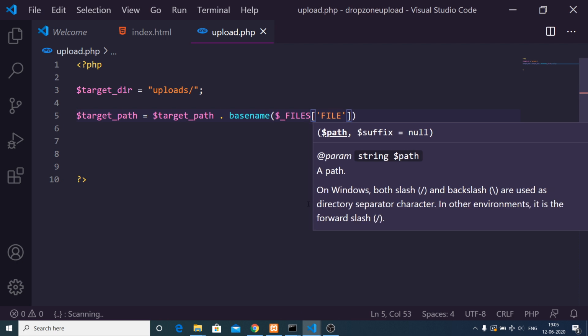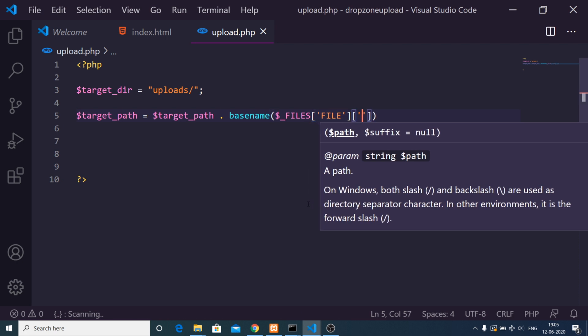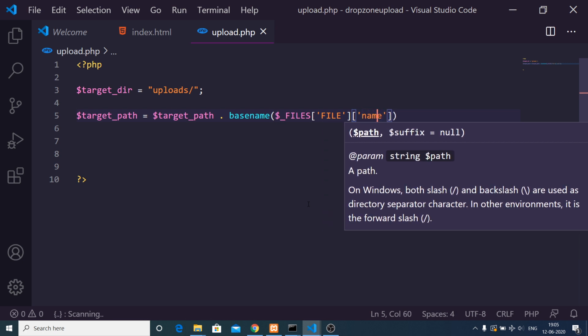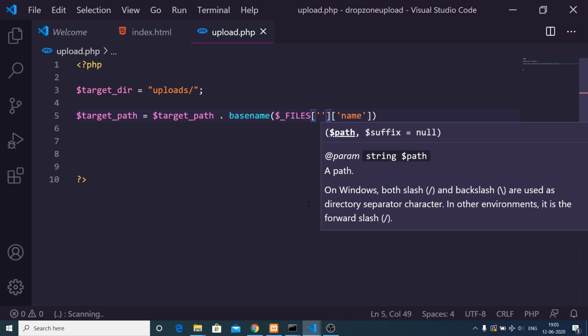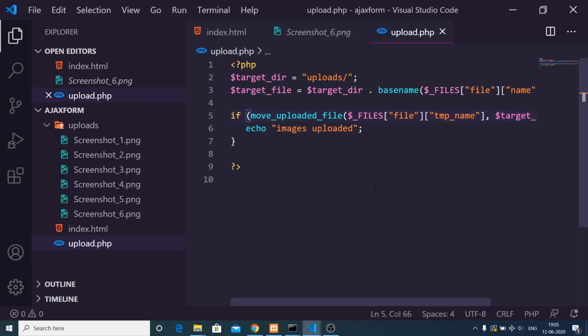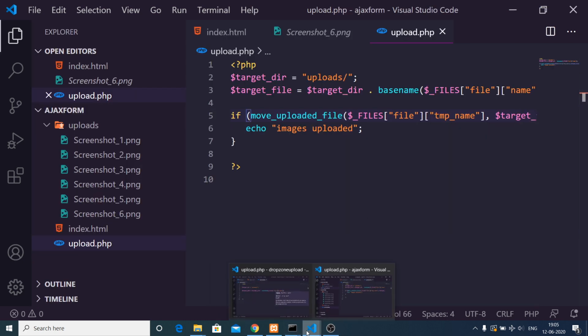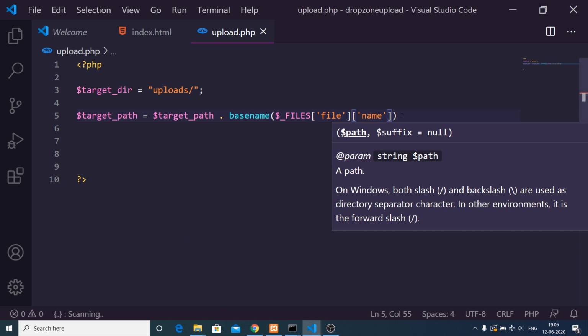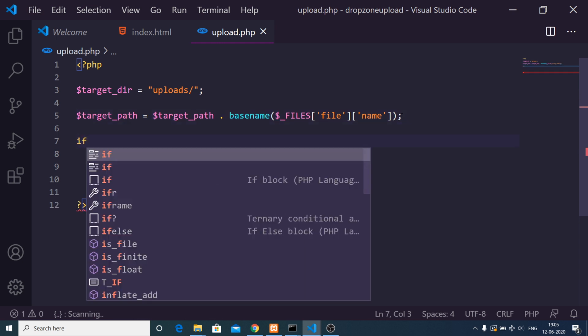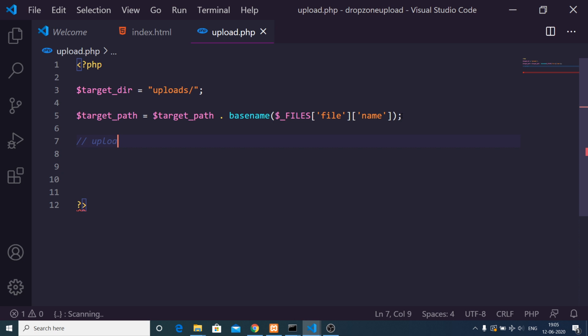file name. I think that this needs to be in smaller characters. So you can see that, guys. So this will return the full name of the file. So you can see that. So this is a constant. You know that in PHP there is a file name constant. So just put a semicolon, and now there comes the code in order to upload the file, upload the image file. So this is pretty simple.